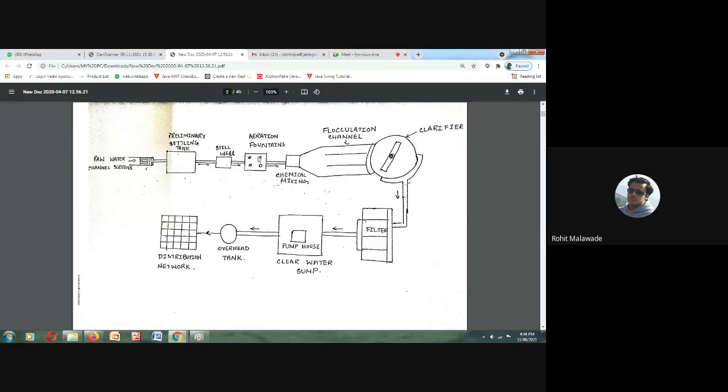Then we go to the aeration process. After removing the larger floating elements, we settle out the suspended particles in the plain sedimentation tank. Then we send it to aeration, in order to have an extra amount of DO in the aeration tank. The extra amount of air we introduce from the aeration process. Then we send the water to the coagulation sedimentation.